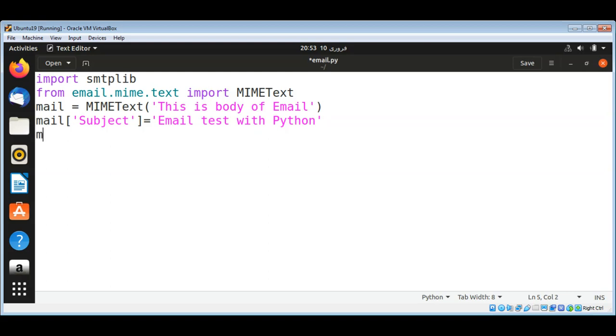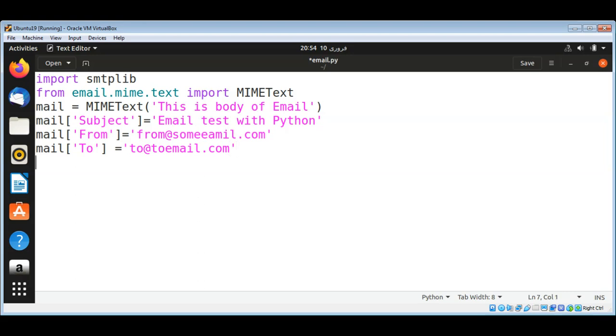And now I'm going to set the from address, and this will be from some email.com, and then I will set the to address to the address we want the email sent to. So it's going to be to, and over here I will set it to email.com,